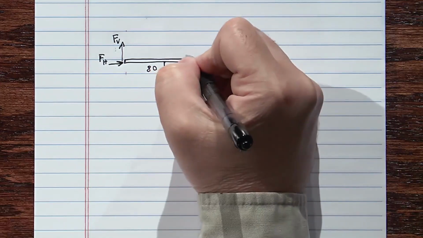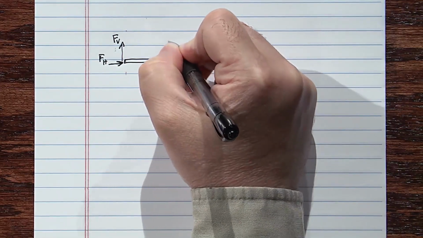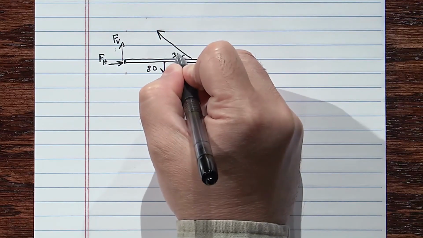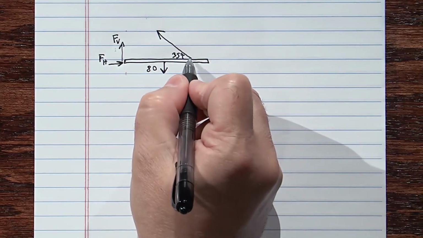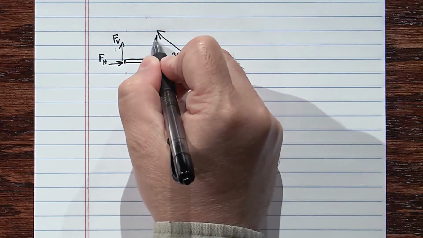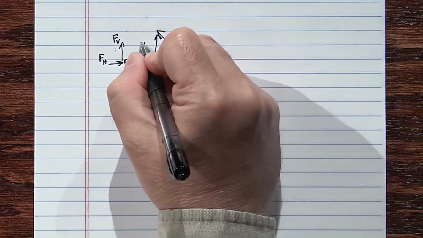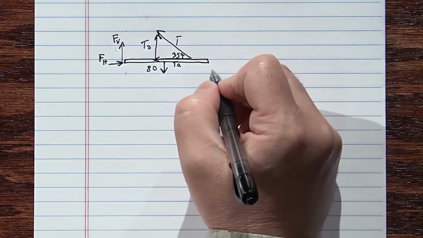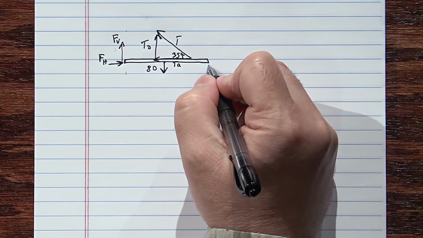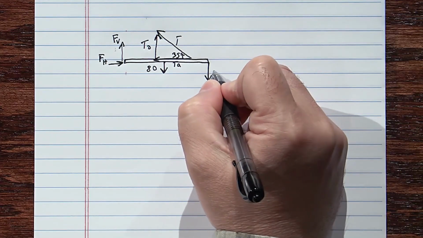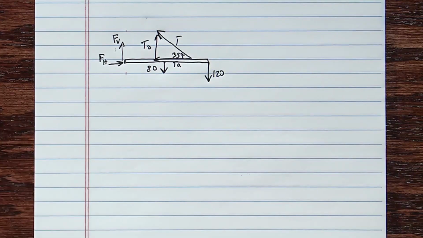We have the tension, which is pulling up at an angle of 35 degrees to the boom, and we know that we're going to break that up into tension opposite and tension adjacent. We have the weight of 120 newtons